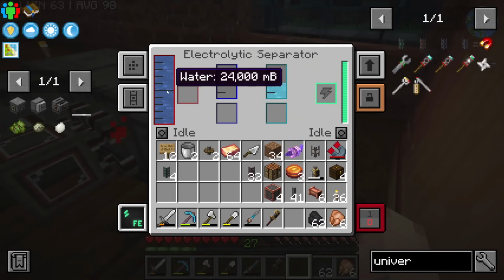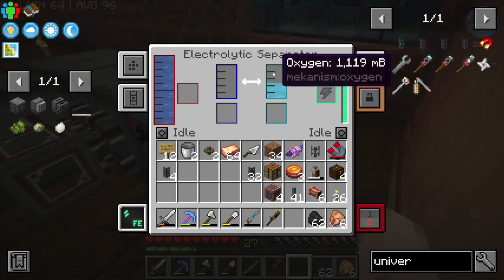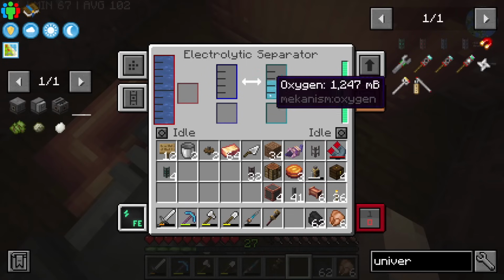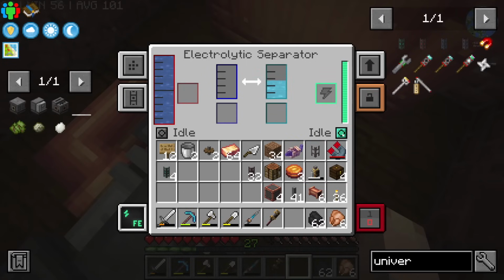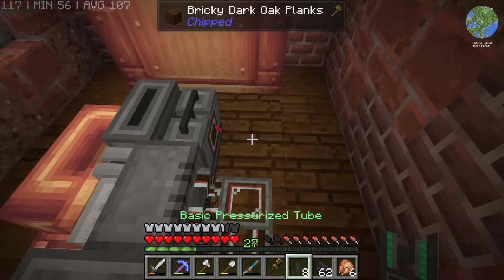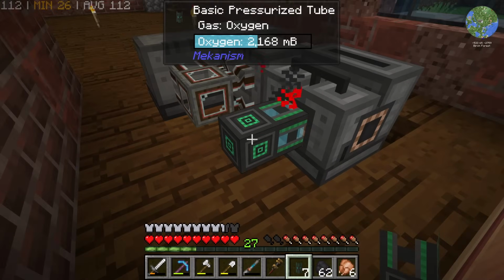Perfect, it's working. The water is going in and it's splitting into hydrogen and oxygen, and the hydrogen is immediately pushing into here, and the water's filling up this one. Absolutely beautiful. Now, something we can do as well is set this to dump excess, so that just means that if it fills up, it won't just stop. The oxygen we need in this final pressurized reaction chamber here, and we can actually pull it out with these